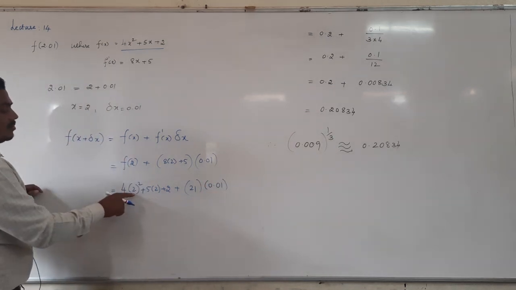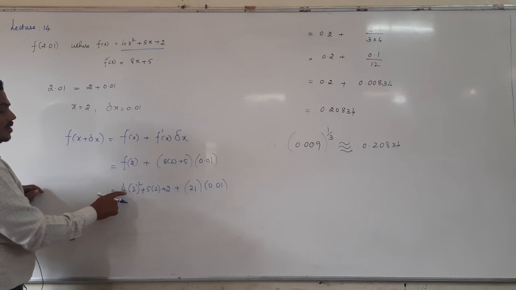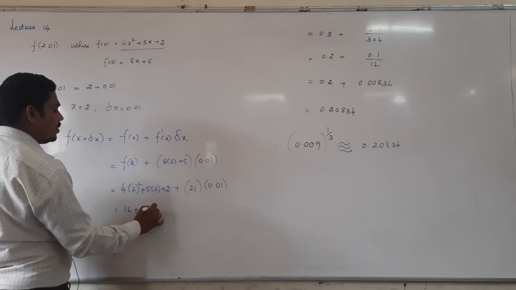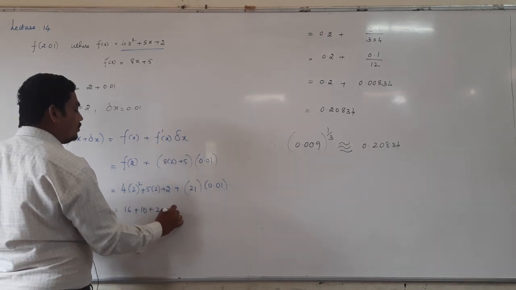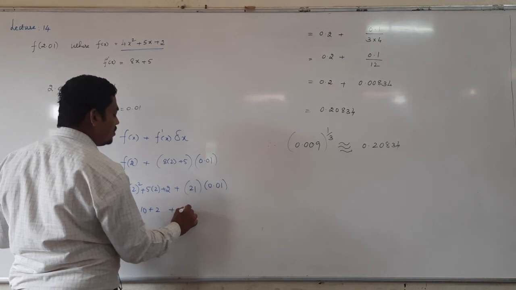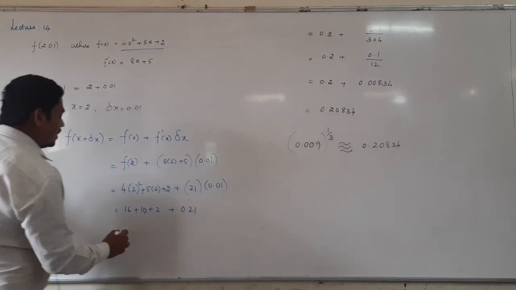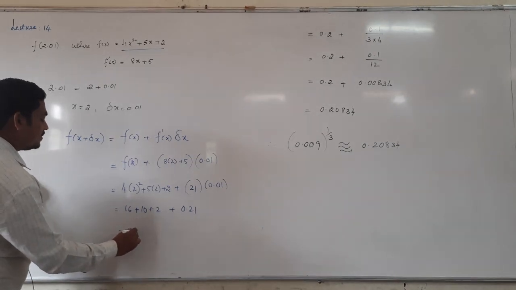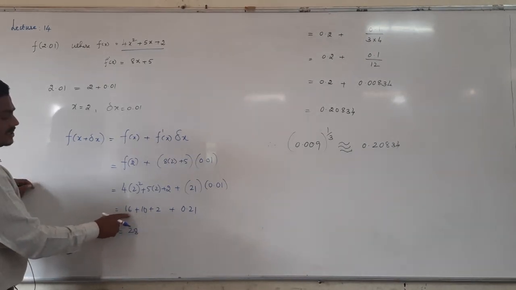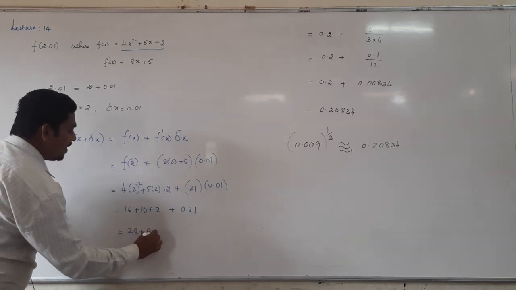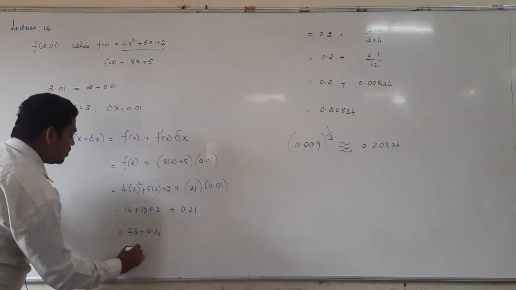Now it will be 2 square 4, 4 into 4 is 16 plus 10 plus 2 plus 21 into 0.01 it will be 0.21. Then 26 plus 2 is 28, plus 0.21 that's equal to